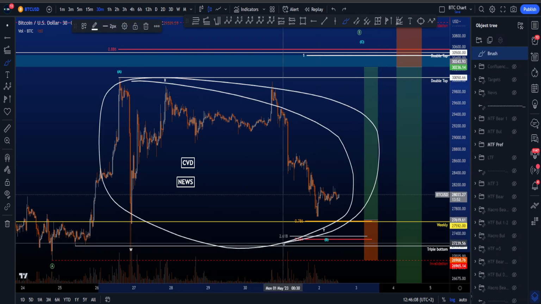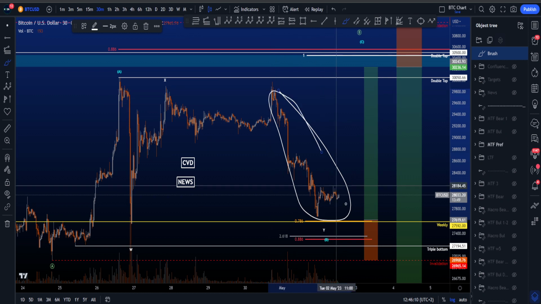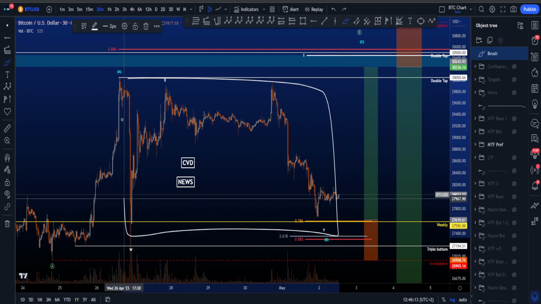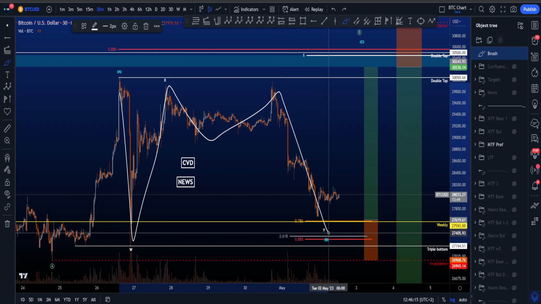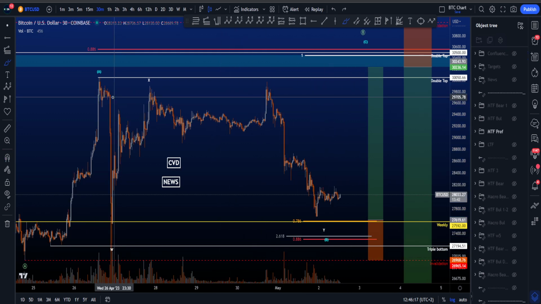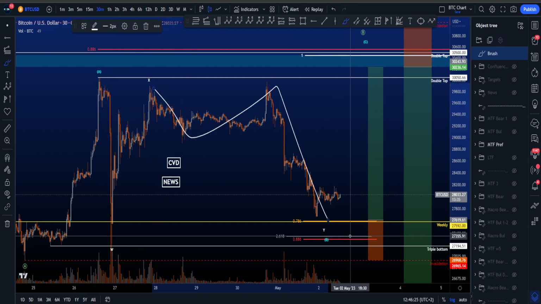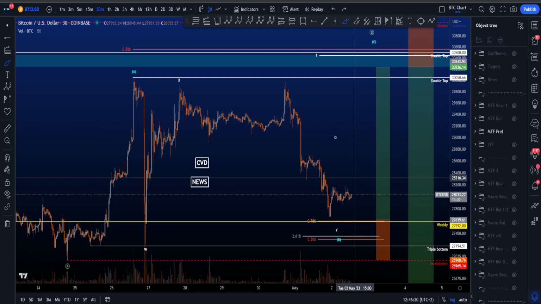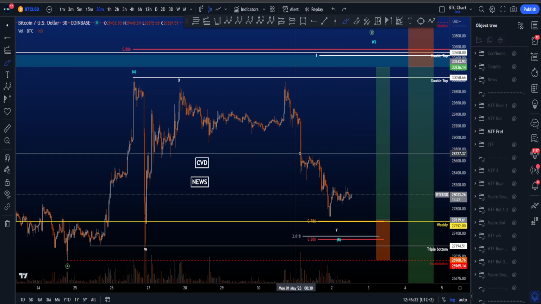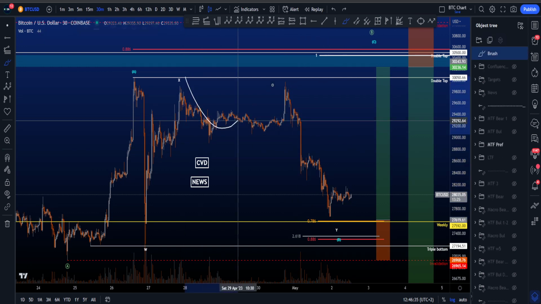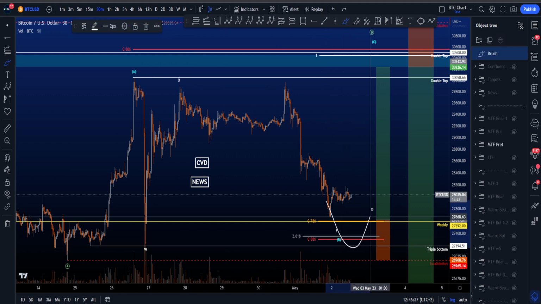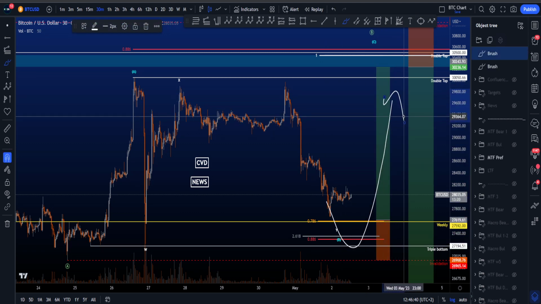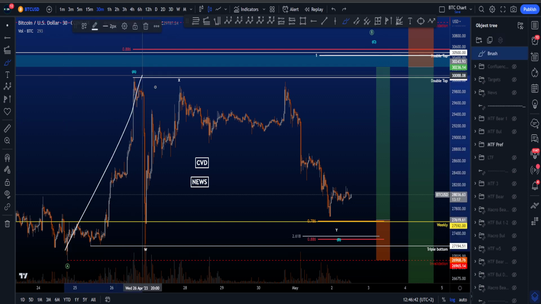Now this corrective pattern is important because this potential impulsive structure over here is part of this corrective structure in a WX and then an expanding flat wave Y, as I have it on my chart at the moment. A big zigzag in a W, then we have a double zigzag in a wave X and an expanding flat in a wave Y, sorry, over here, for then eventually continuation to the upside. So this wave C in this scenario is the end, or this impulse is the end of a corrective structure, after which we then expect a move to the upside for this bigger wave C and then an A, B,